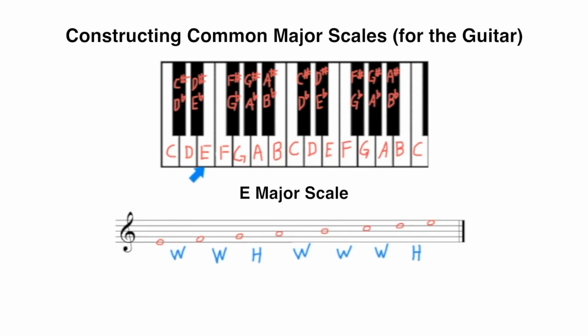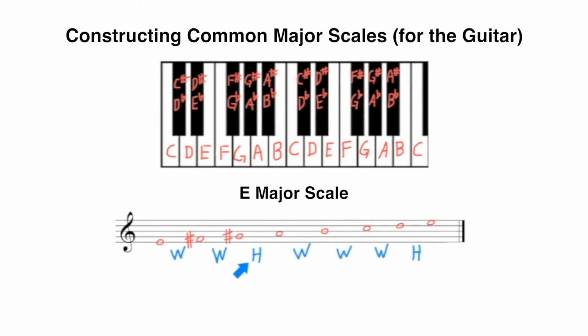Looking here at the piano, we can see the E to F as a half step since there is no black key between the two notes. Just like the other scales that we've examined, if we move the F up to F sharp, we create a whole step from E to F sharp. Next, we need a whole step starting on F sharp. If we start here on F sharp, we can see that a half step takes us to G, another half step takes us to G sharp, therefore it's a whole step from F sharp to G sharp.